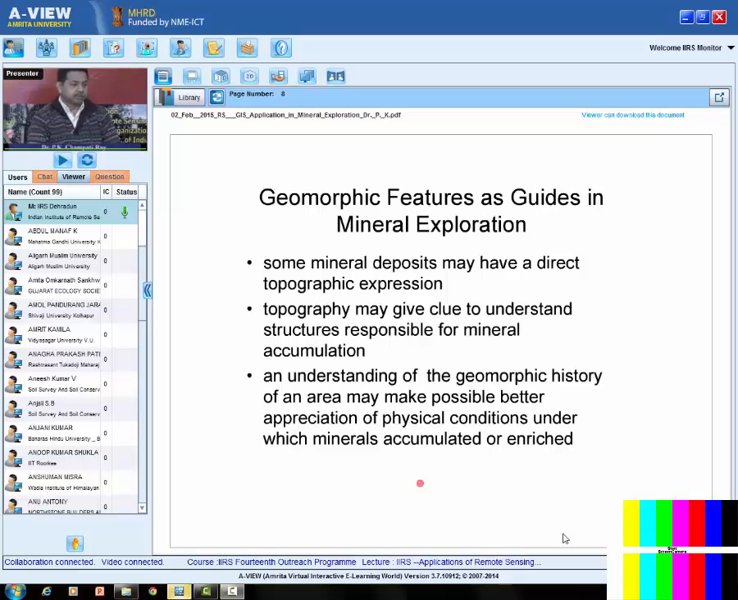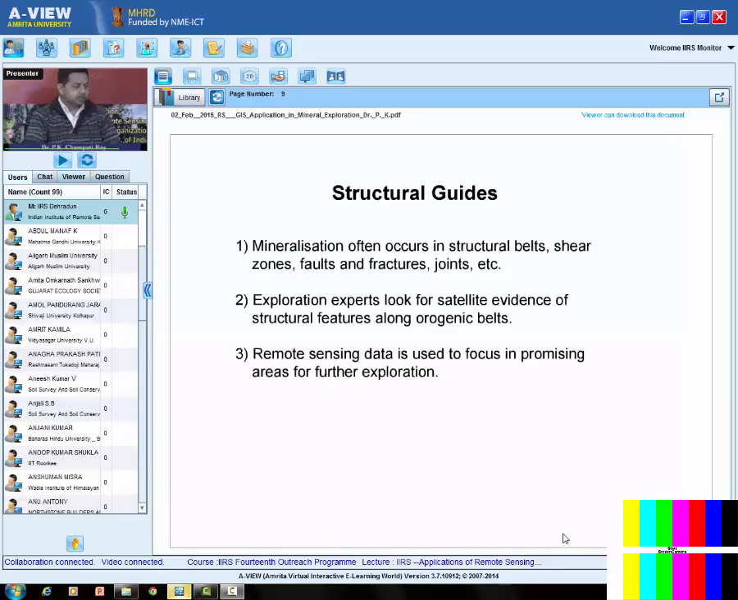It helps to appreciate the physical conditions under which minerals accumulated or enriched. So, principally, there are three reasons why this geomorphology is so important, and we will see some of the examples later. Now, coming to the structural guides, as you know, mineralization often occurs in structural beds, shear zones, fault fractures,